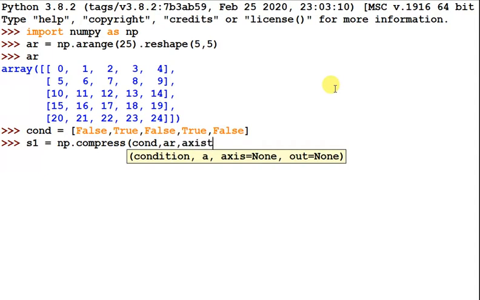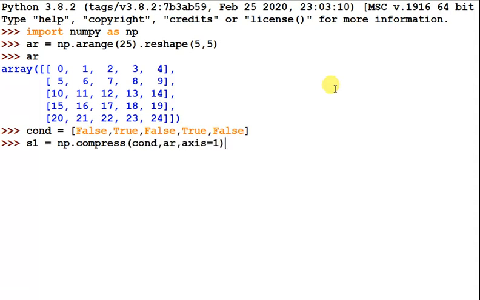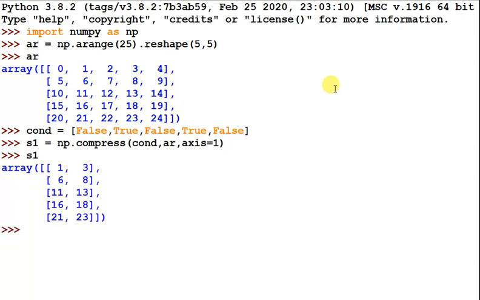So axis equals 1, I am passing because I want to horizontally compress this. You can check here, 1 and 3, so it only extracted the index 1 column and the third index column.